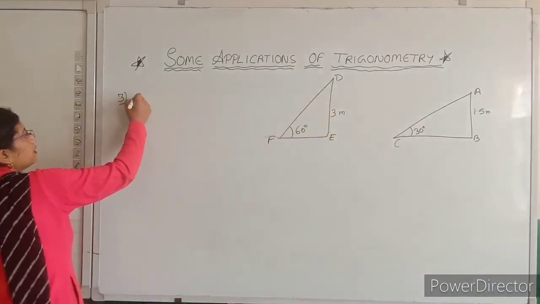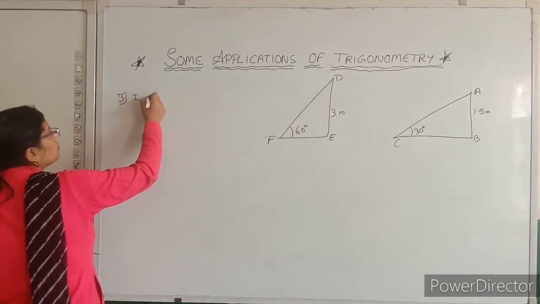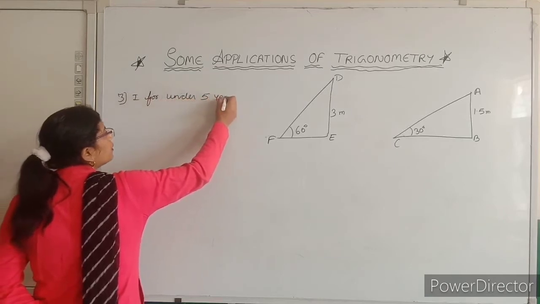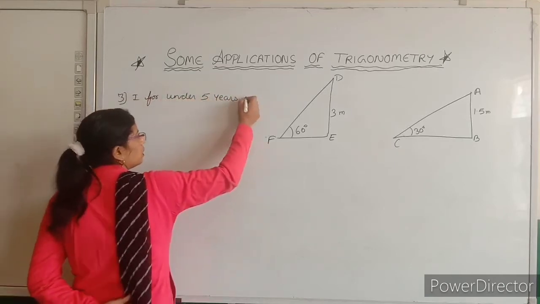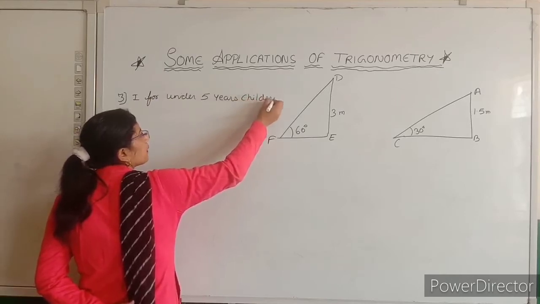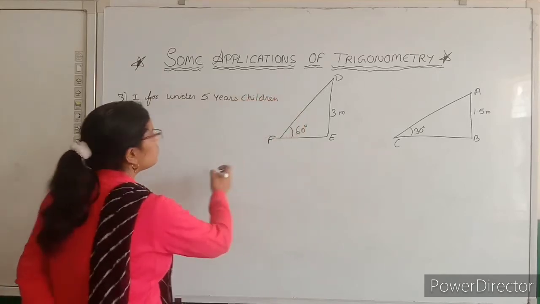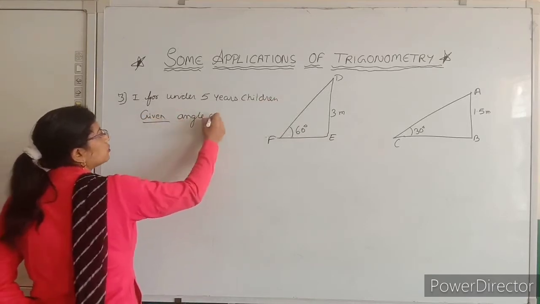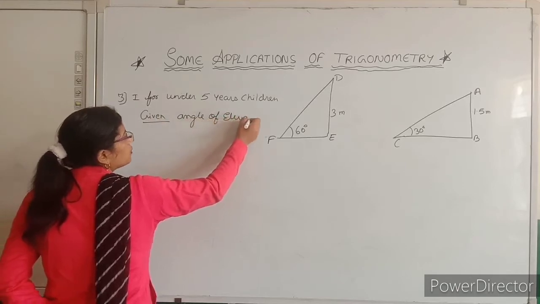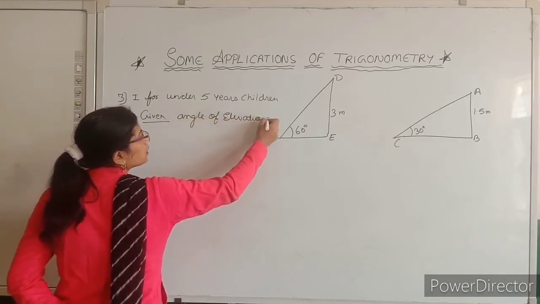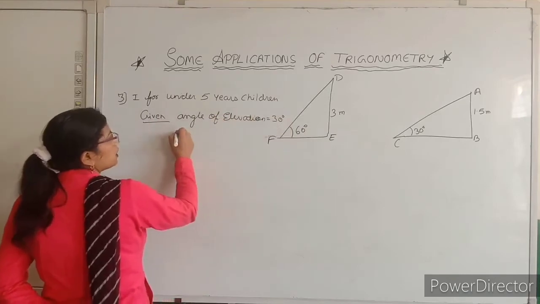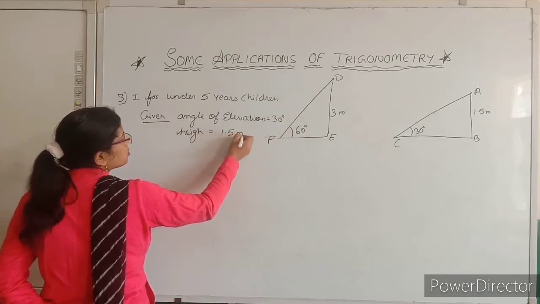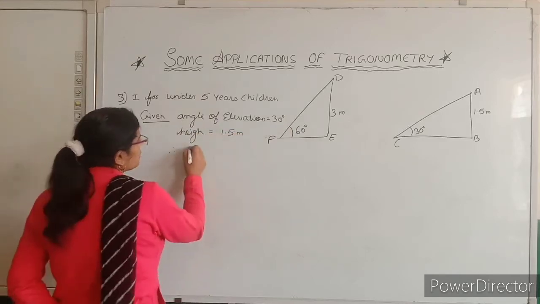So first I am writing for under 5 years children. So for under 5 years children, what is given to you? First write given: angle of elevation is given to you, 30 degree, and height is given to you, 1.5 meters. So therefore the length of slide